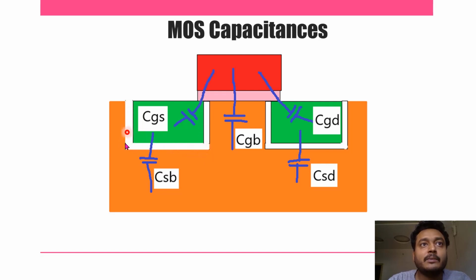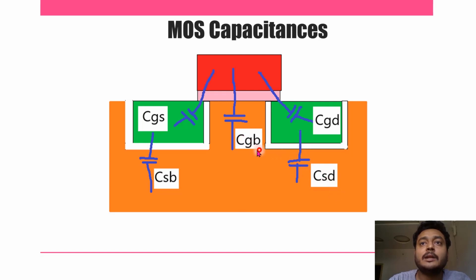Okay, so between the two conductors there exists some capacitance between these two also. From source to bulk we have a capacitance we call CSB. And similarly we have some capacitance between your drain terminal and your substrate terminal. So this is the case again. So here we can call this a CGB.